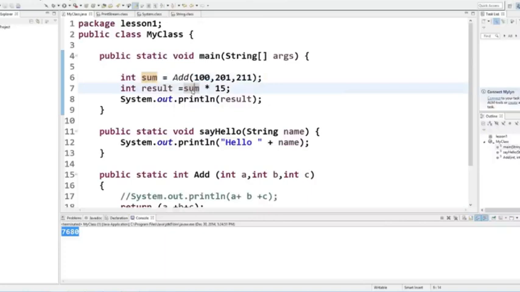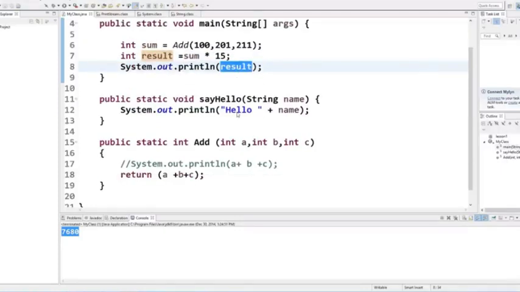Then you can do some arithmetic operations on the sum you get as a result, multiply it or do whatever arithmetic operation you want, and store this result in another variable and use it. So in this way, functions or methods make it really easy to organize your code and make it really concise, readable, and understandable,